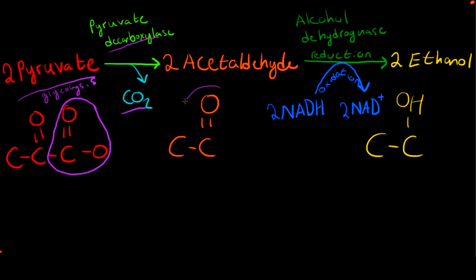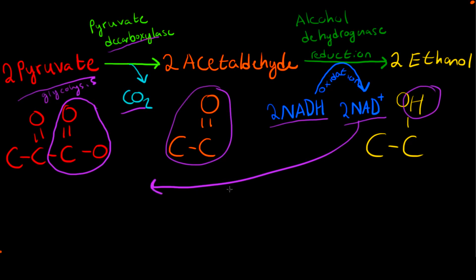So we start off with this, and we add a hydrogen ion, and we end up with this. We know from our experience with redox reactions that if something's reduced, something else must be oxidized at the same time. In this case, the 2 NADH molecules formed by glycolysis are oxidized to 2 NAD+ molecules, which can then travel back and undergo glycolysis again, producing more energy for the cell. Because as we remember, the Krebs cycle, electron transport chain, and pyruvate oxidation have all been blocked up by the lack of oxygen. So glycolysis is the only way that the cell can produce